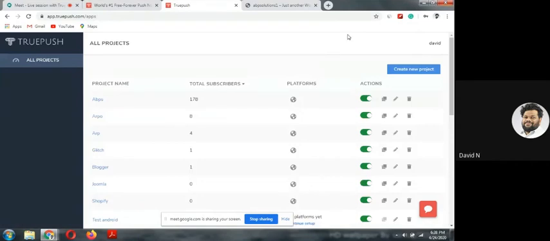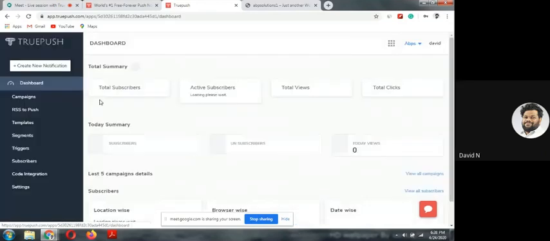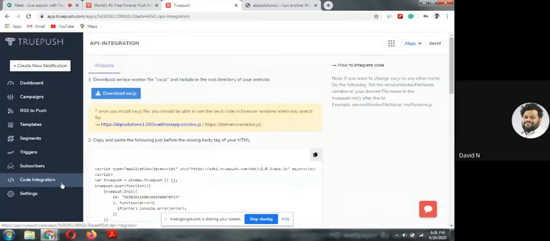After that, you go into the All Projects tab, where you go to the code integration page, and there you will have either two codes or one code that you need to place onto the website. So this is changed by what your HTTPS status is. If you are an HTTP site, you will be given only one code to place onto your site, and if you are an HTTPS site, then you need to place both the SW.js file as well as the SDK code into your website.